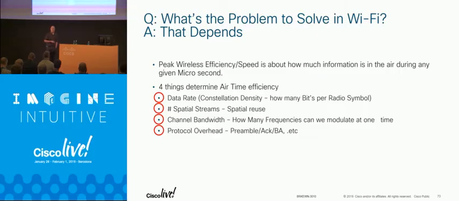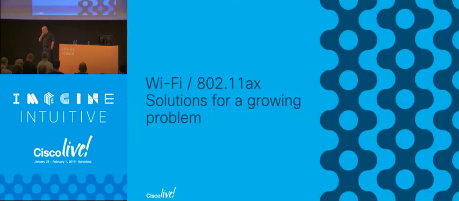Since then, we've worked on airtime efficiency. We worked on airtime efficiency by making better and better drag racers, okay? Four things affect that: the data rate, number of spatial streams, channel bandwidth. We get a wider channel, we can spit more bits, right? And protocol overhead. Well, the protocol overhead's kind of been going up anyway because we got the HT header, the VHT header. We keep adding stuff onto the standard, right? Meanwhile, back in 802.11a land, all of our management traffic is still 802.11a. Things have gotten faster, right?